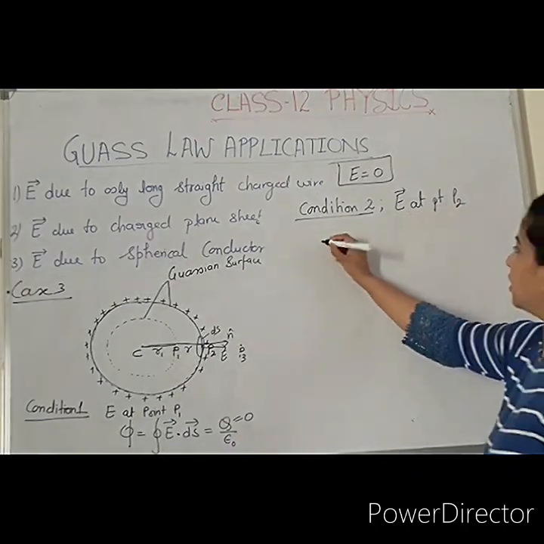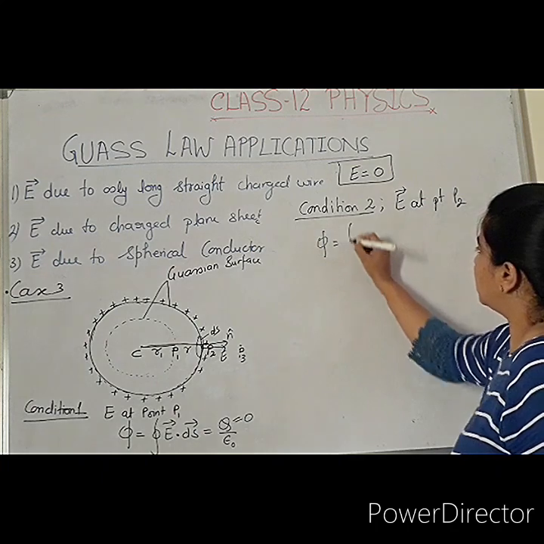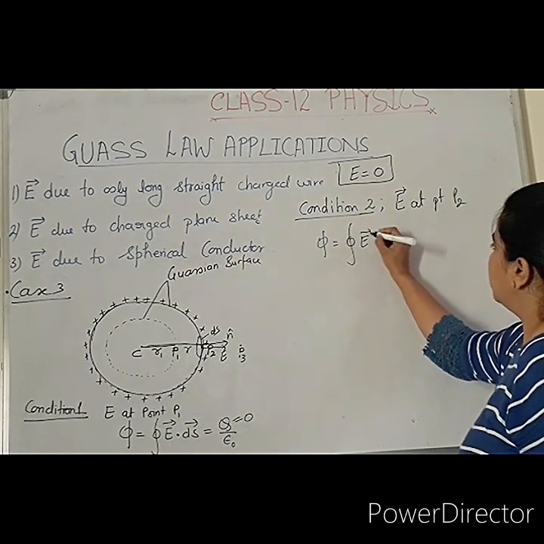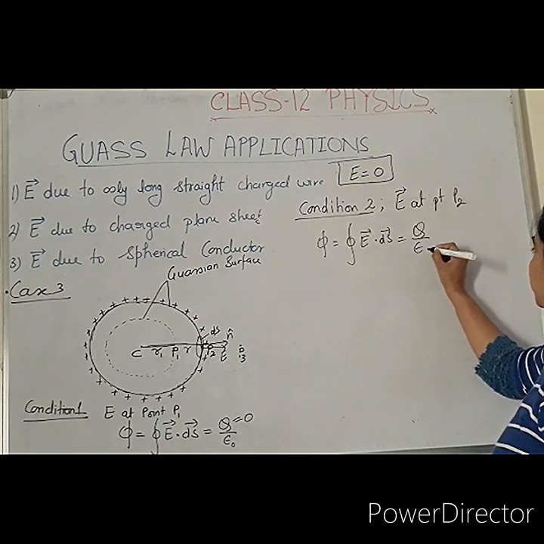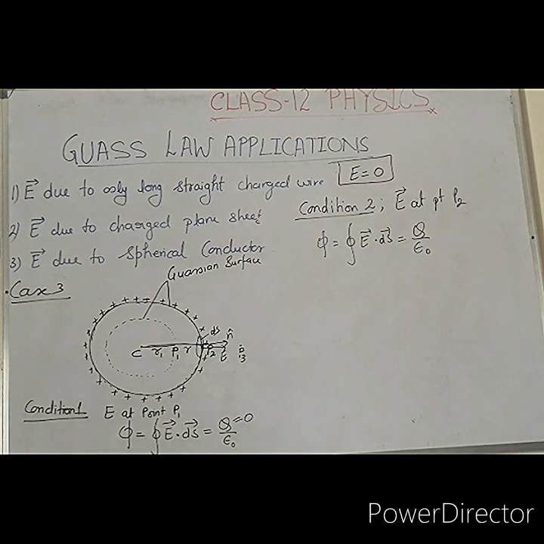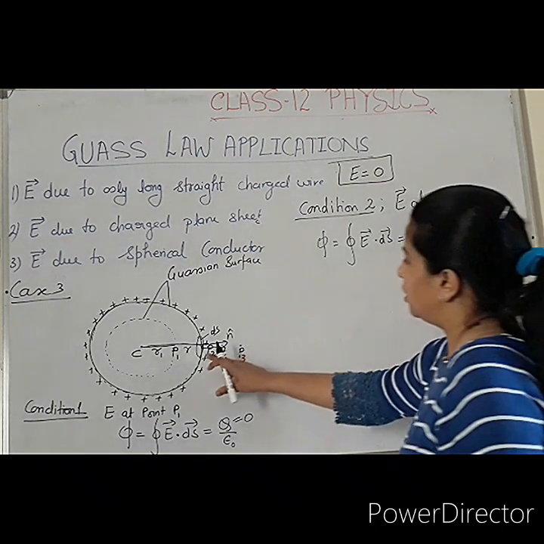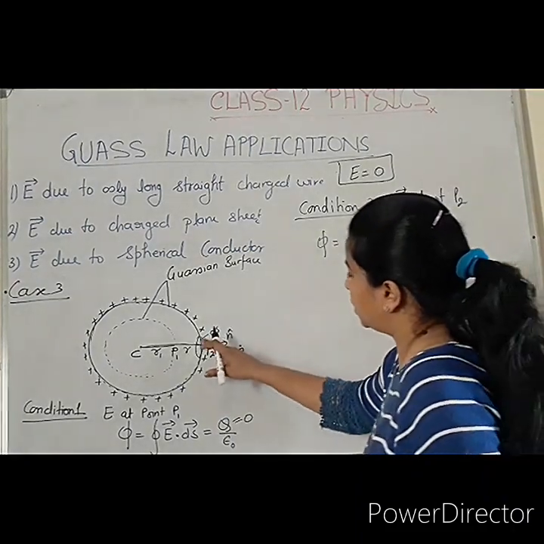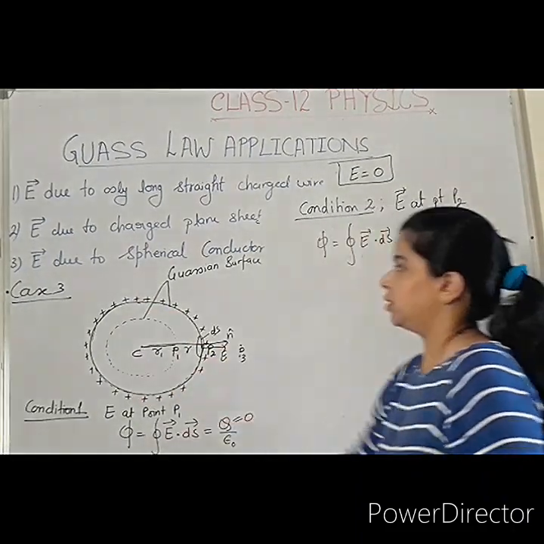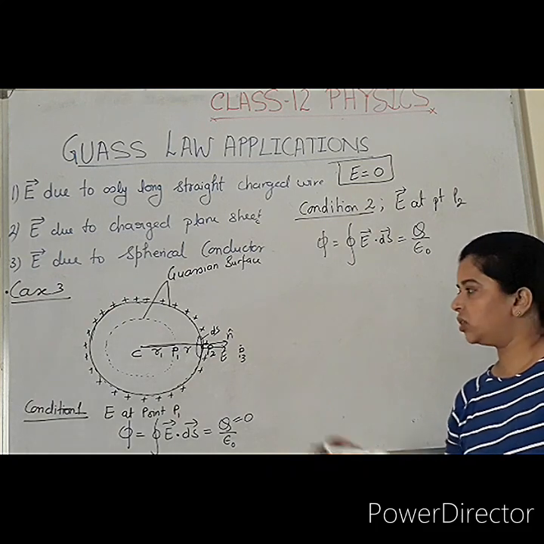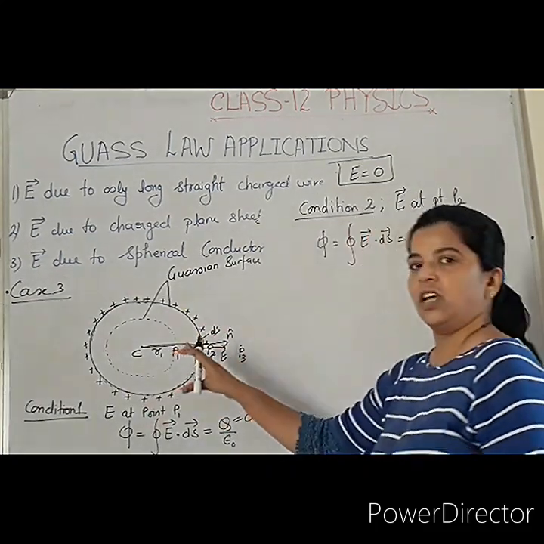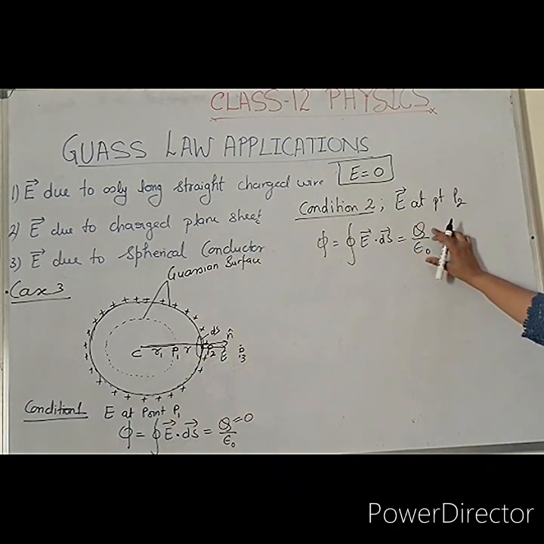So here in this case, the flux, which is equal to the closed integral of E dot ds, is equal to the charge enclosed by that surface divided by epsilon naught. The total charge value here is Q, enclosed by the Gaussian surface. At the Gaussian surface or inside the Gaussian surface, both are the same thing. So the charges are there, it is a non-zero value.